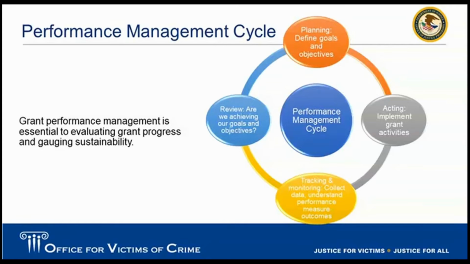You then will review what you have been working on. You'll review the implemented grant activities and all the tracking and monitoring that you have done to see what's really working and what's not working. You would conduct your review while keeping your goals and objectives in mind. Are we reaching our goals and objectives? Are we working towards them? Are we deviating from them with the work that we're doing? So you review and you evaluate, and then you go back into planning again to improve your award. So at the end of the award, you are able to keep the work going and be able to sustain the efforts of